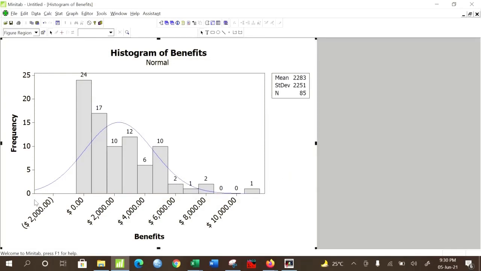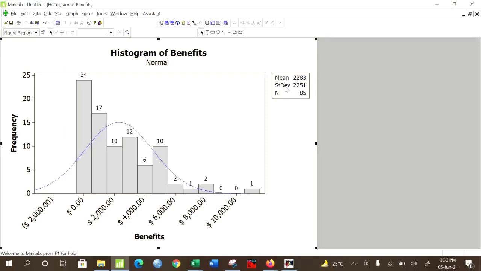Now the interpretation is, in the x-axis we have taken certain bins. Bins mean range of values, like from 0 to 1000 we have 17 items. From 1000 to 2000 we have 10 items. Like that we have made this frequency distribution.